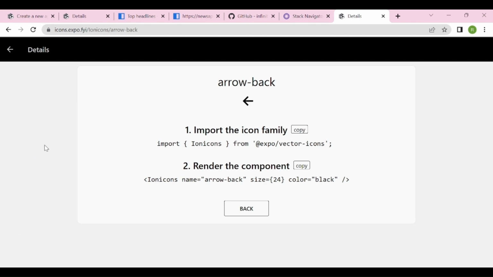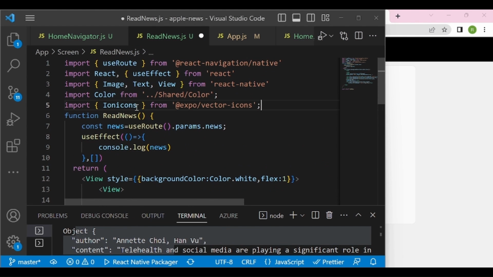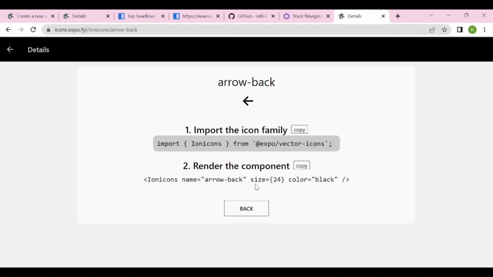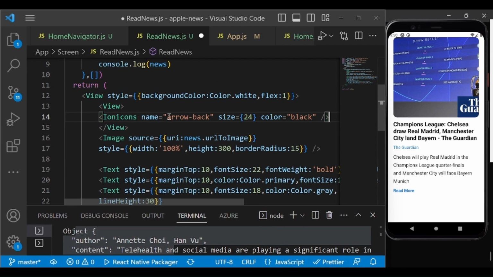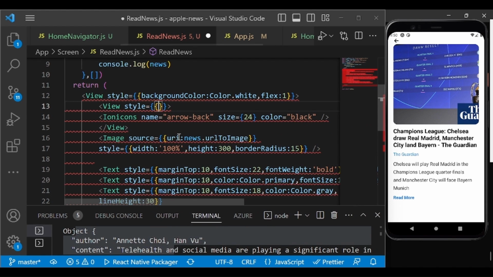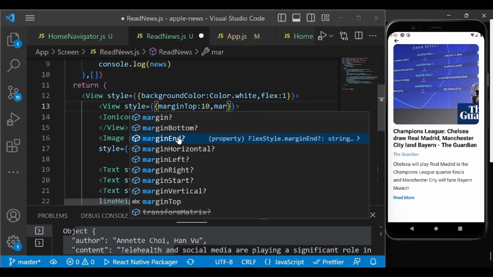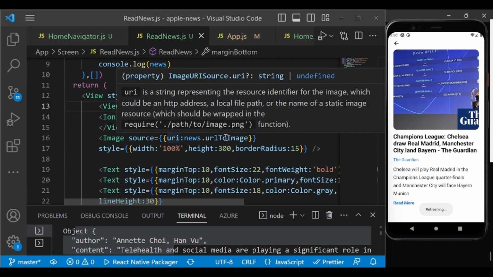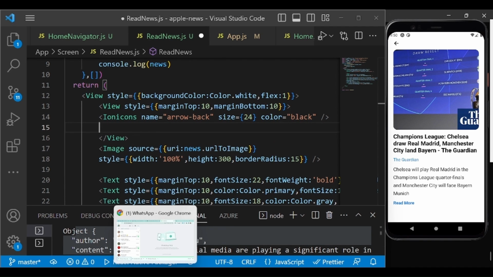I will use this arrow back. Copy this import statement, paste it here, then go back here again and copy this component, and if I save it, you will see this back button, right? So let's give some margin from the top, margin from the top to 10, margin from the bottom to 10, and also we want the share button. So let's go back here,